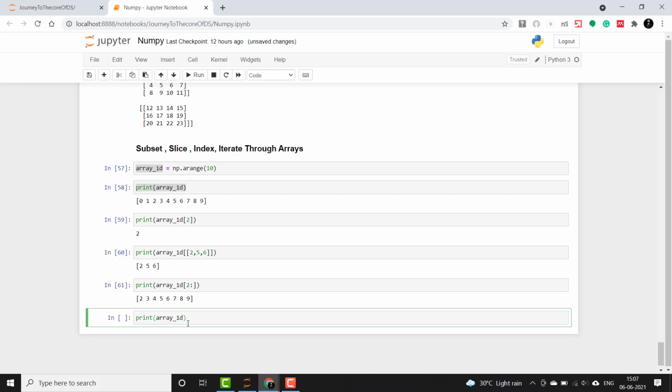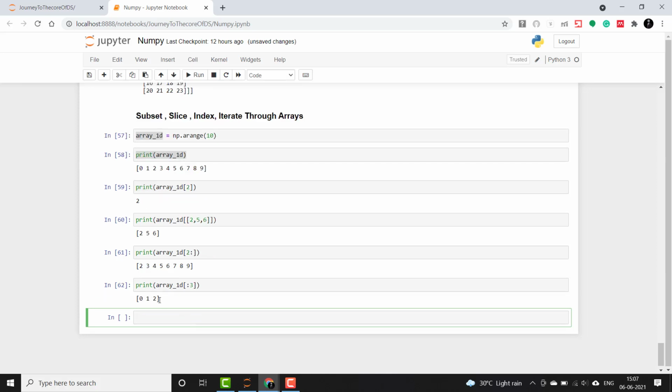I want the elements starting from the 0th index till the second index, that is I will give 3. It will exclude 3 as the index, so it will give 0, 1, 2. Now I'll fetch the elements starting from the second index and ending at the 6th.